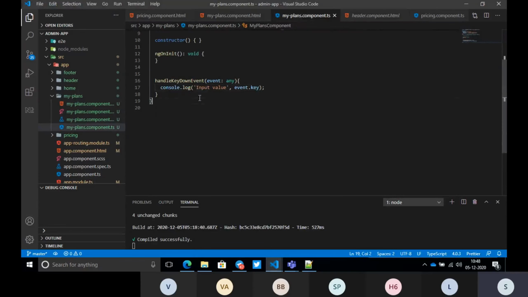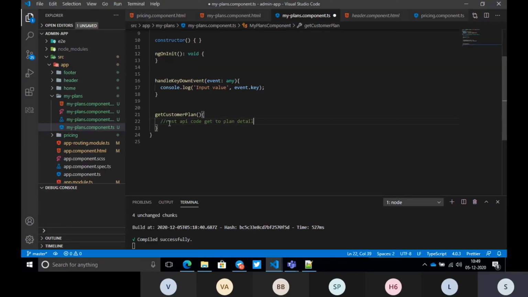I'm going to my TS file and I will write a method like get customer plan name. Suppose we are writing all the REST API code here to get the plan details.